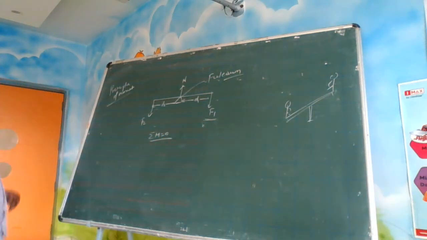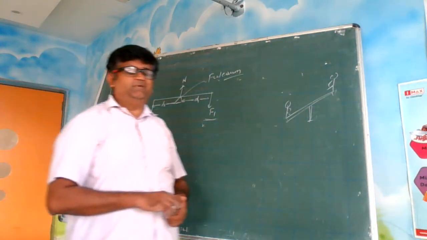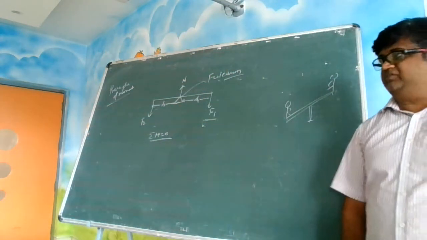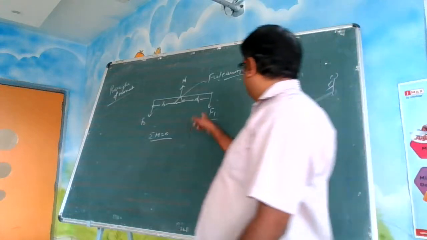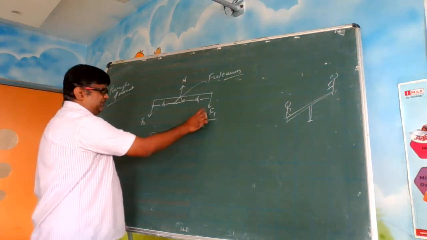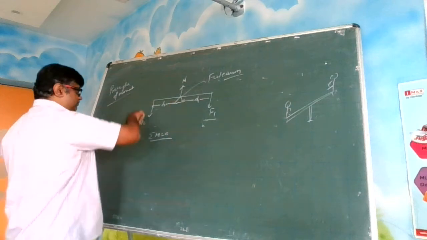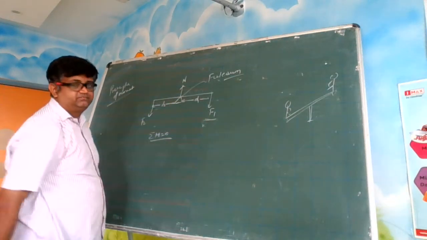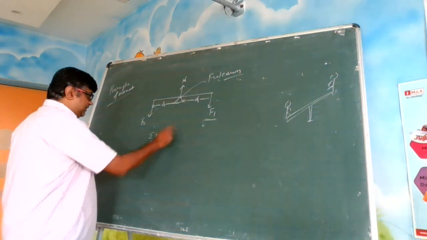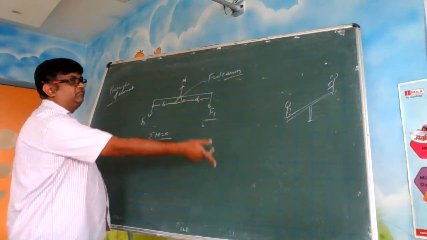Alright? Why? Because how do we apply principle of moments means, see, you have to keep the system in equilibrium. So this force is trying to unbalance it. This force is creating a moment, and thereby it is trying to unbalance it. So you have applied another force here, let us say, to balance it. Okay? So to bring equilibrium, I will apply the condition sigma M is equal to 0, and I will calculate for the unknown.